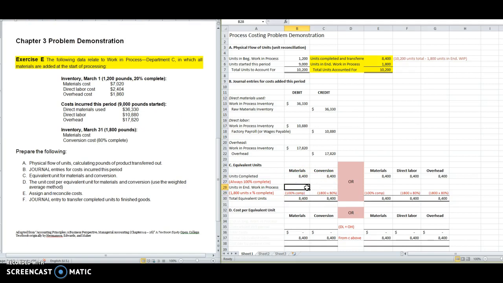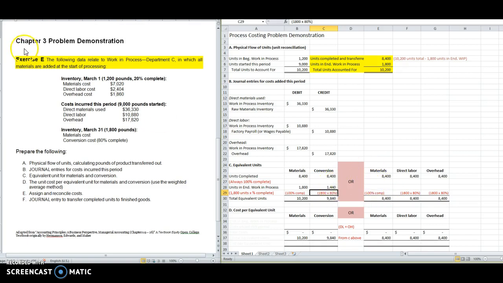So we'll do materials first. For materials, we're looking at the 1,800 units. At 100% complete would be 1,800 units. For conversion, our 1,800 units, we're going to take times 80%, and that's going to give us